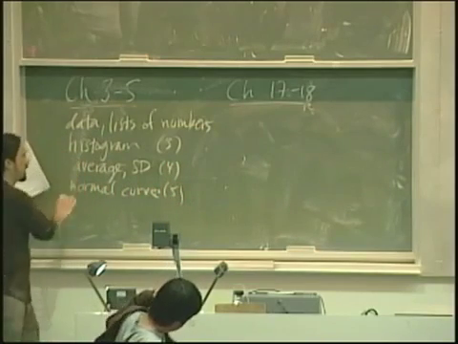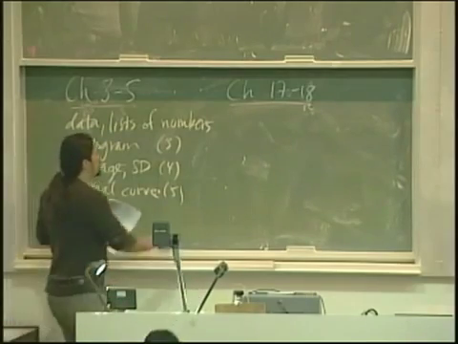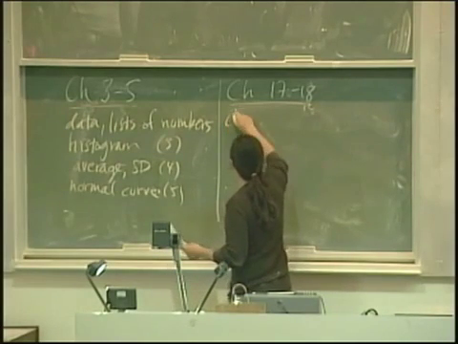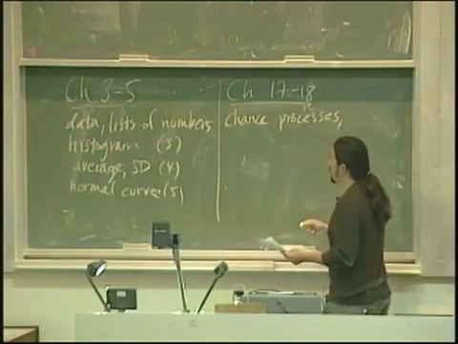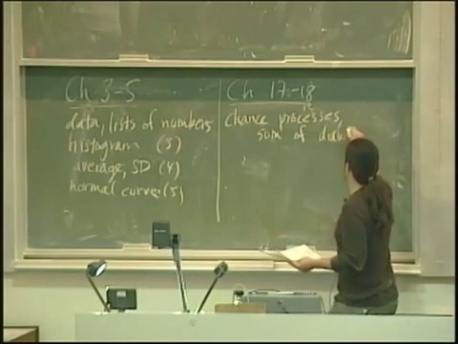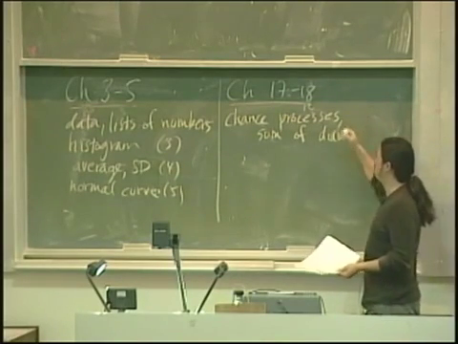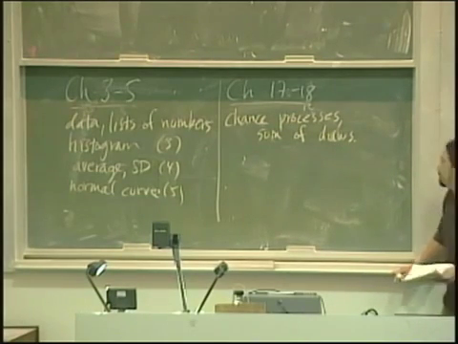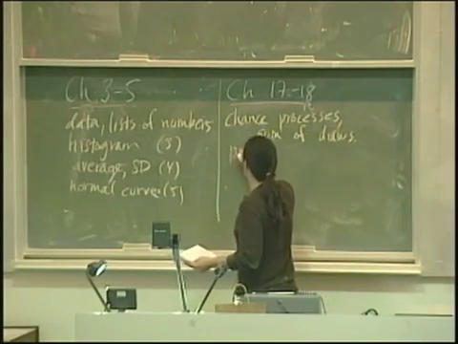Chapter 3 is histograms. Chapter 4 is average and SD. Chapter 5 is using the normal curve with data. Now, chapters 17 and 18 follow a similar pattern, but we're talking about a different situation. You can think of this as having to do with chance processes in general, and in particular, taking the sum of draws from some box model. Chapter 16 tells us how to make box models for chance processes, and then chapters 17 and 18 deal with why we do that and what we use it for. So if you're talking about the sum of draws from a box, we can talk about what are called probability histograms.